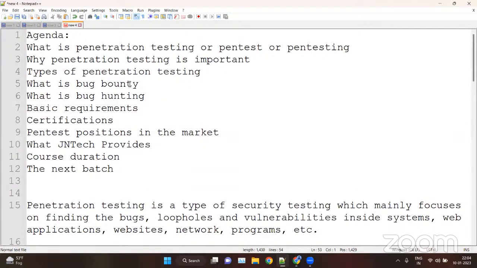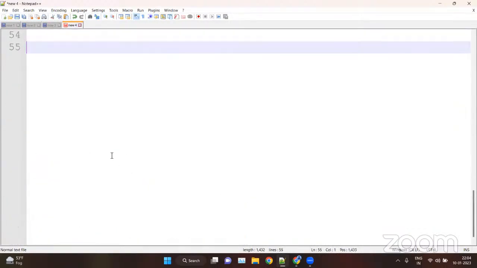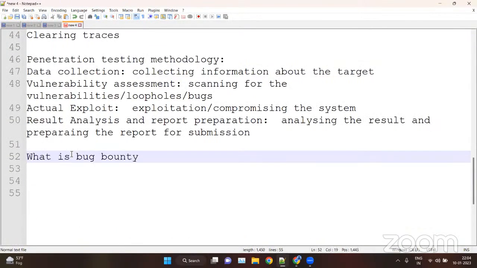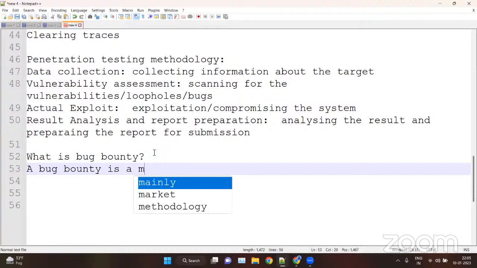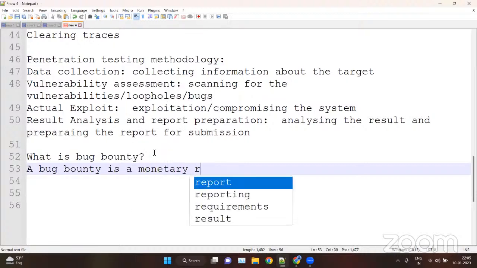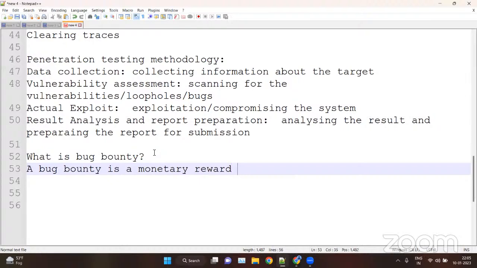Now next we have what is bug bounty. So let's copy this and we can move here. So basically, we can write here, a bug bounty is a monetary reward, or we can say a reward or Hall of Fame or gifts, like swags, etc. It can be in the form of money.